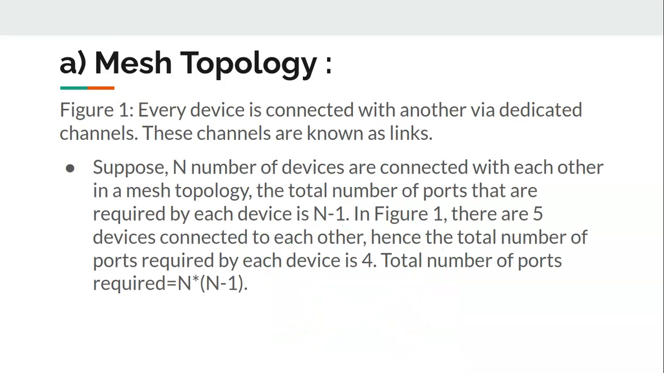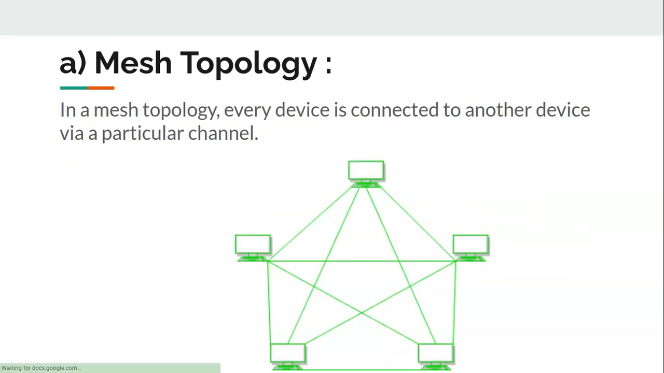That's right. Total number of, yeah, is 4. Total number of ports required equal to. Alright, so that's a very basic calculation that we can do. So in this kind of topology, we have 5 devices. So we are saying that each device here, or each computer, is supposed to have